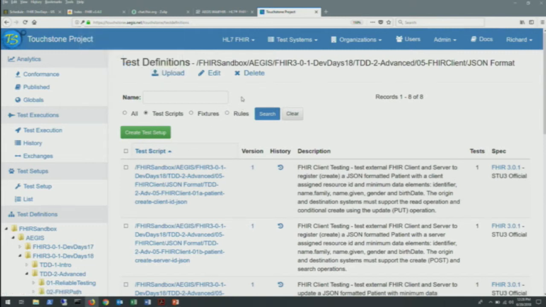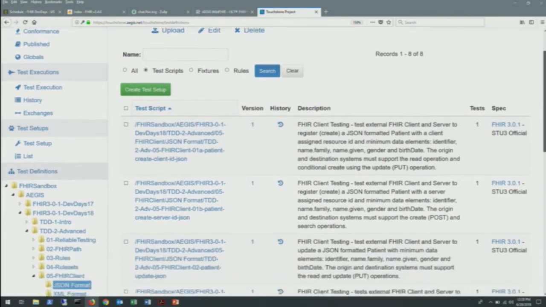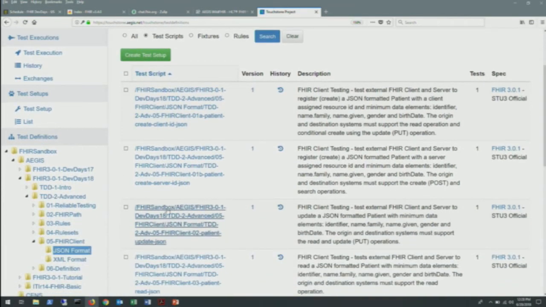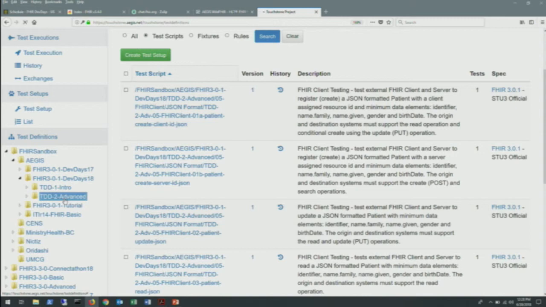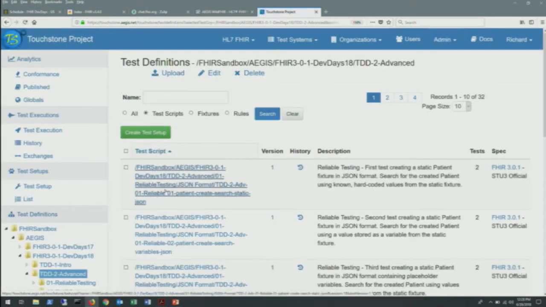One of the things you are probably going to be interested in is if I want to take a look at rules and rule sets. Let me click at this level here, just to illustrate this. The test definition interface has some filters up here. Right now, we're only looking at the test script resources. But if I wanted to look at everything under this folder structure, I could click on all, or I could just focus on rules and so forth. If I click on all,